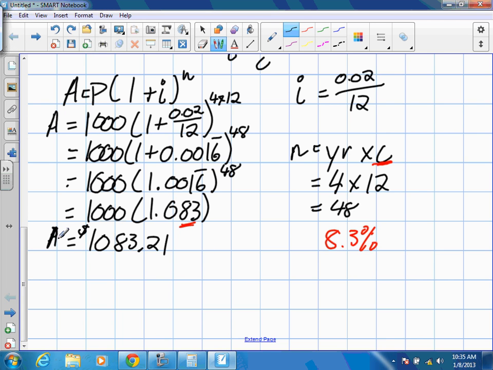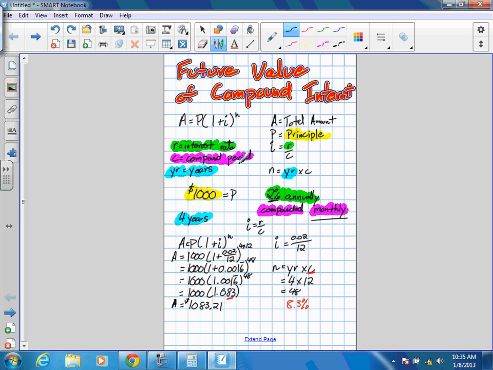So we've made an extra $3.21. Doesn't seem like a lot with this small amount, but if I'm a very large investor, hundreds of thousands, millions of dollars, those extra percentages add up quite a bit. We'll make several thousand more dollars or several hundred thousand more dollars. So that is future value of compound interest. That's where you find the future